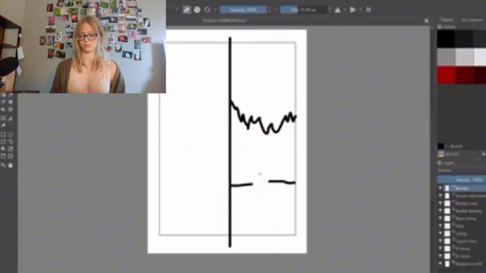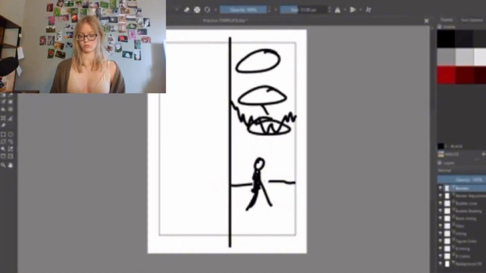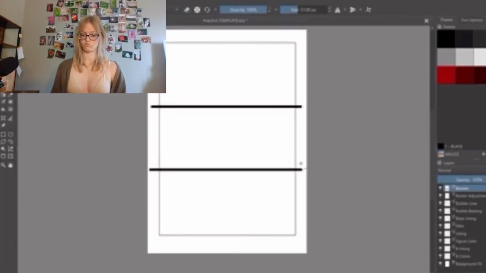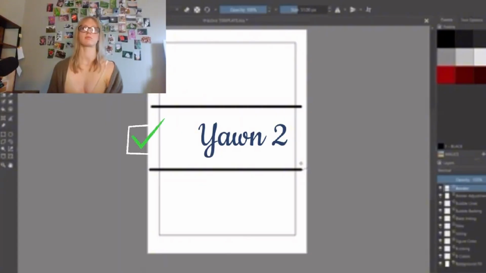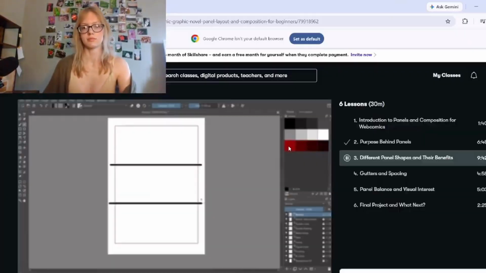And let's just put a basic stickman figure walking, and you want to have a lot of dialogue maybe, and you want to flow that into the next. If your scene has a lot of vertical elements, or you want to do something different from a previous page, this is a great shape to work with. Of course, that does bring us to horizontal panels, and like with vertical panels helping to emphasize verticality in an image, horizontal ones will